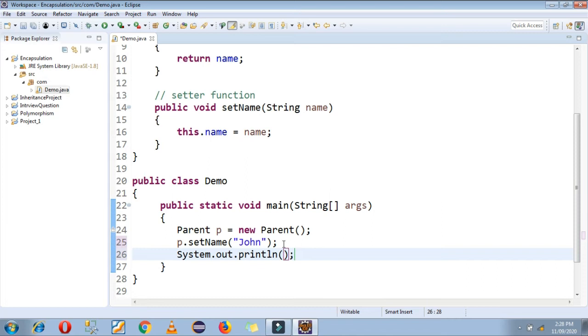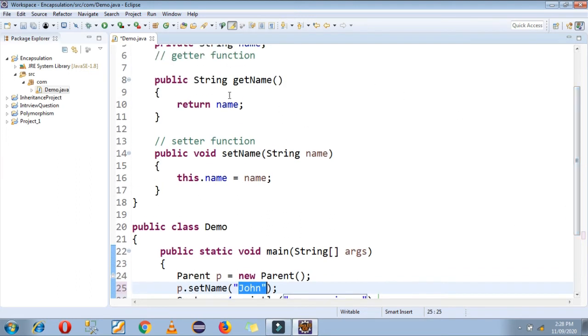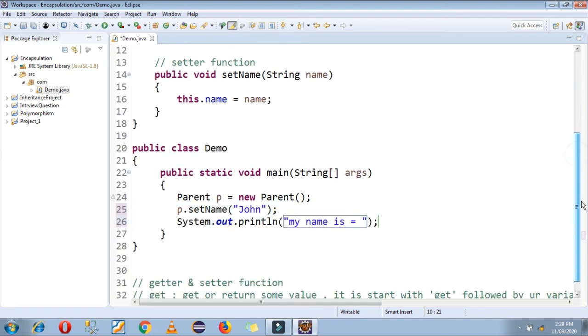And now I want to print the whole statement, that is my name is equal to, and my value is John, which is stored in the name variable, and this name variable you are getting using the getter function, and you have to call the get function here using the object, like this.